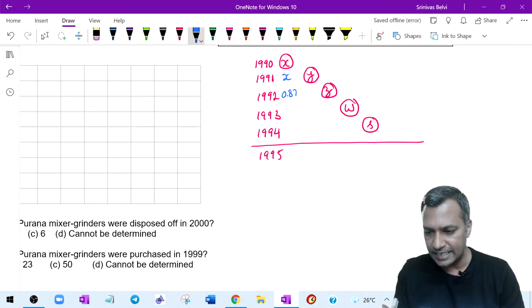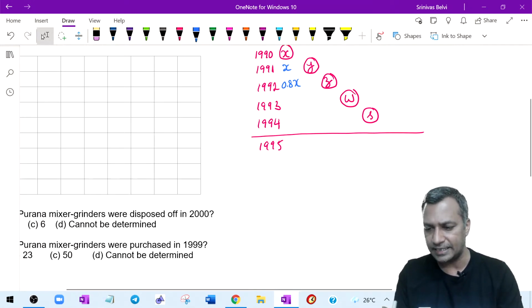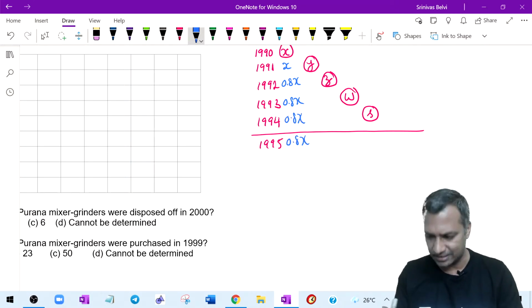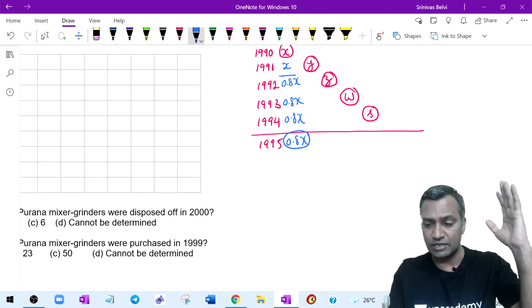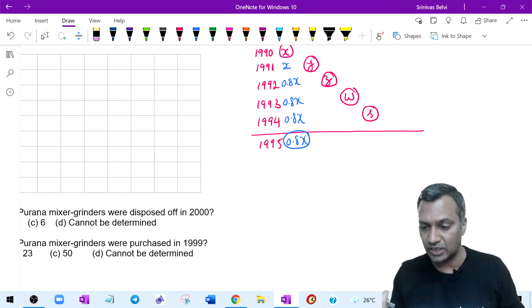Okay, this X will remain X here. This would become 0.8x here, because we know that 20% will be discarded. Therefore, it will become 0.8x. This would also become 0.8x. This also would become 0.8x. This also would become 0.8x. What I'm trying to say is this number 0.8x is static. After this stage, it becomes static forever. All that is going to remain in the market forever. No more discarding from that lot.